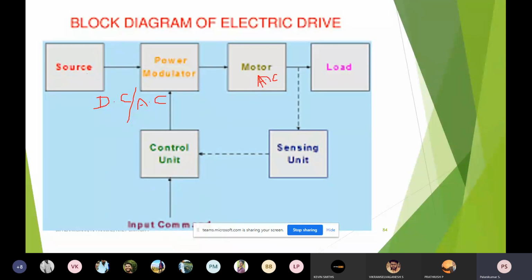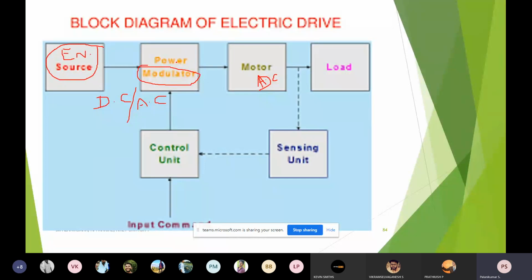I have a DC series motor, so here first I have to convert this AC to DC. At what voltage does this motor need a DC supply? To that voltage it has to go. That is why the concept is called a modulator. Here the source is called an energy source, with the assumption that it is capable of producing an infinite amount of energy. Whatever energy is required will be provided by the source.